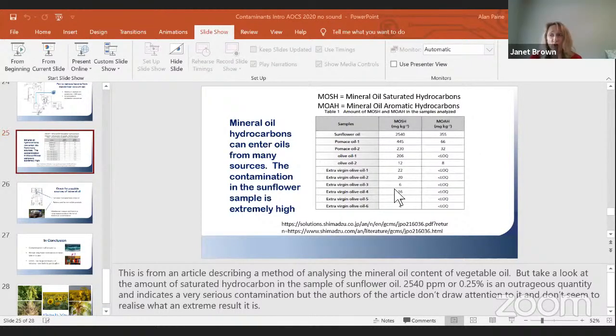Okay, and then a follow-up to that: would you say minimally refined and extra virgin oils are safer than RBD oils? Well, I think generally, an oil like this one here, which has been refined, there's no reason to think that's not a safe oil to use. So even though I said it's got contaminants in it, there's no reason to think that it's unsafe to use.